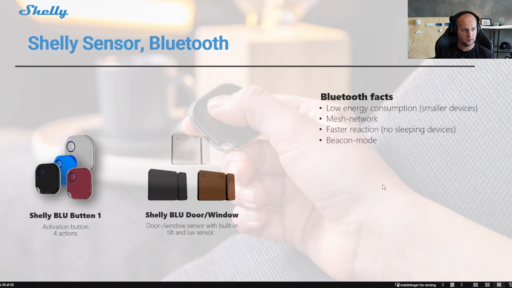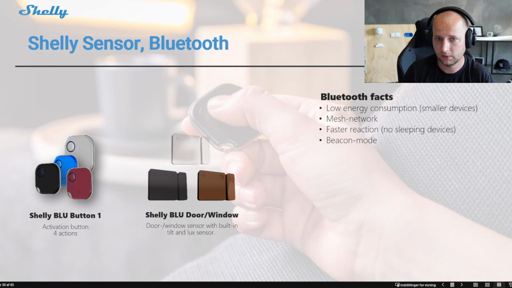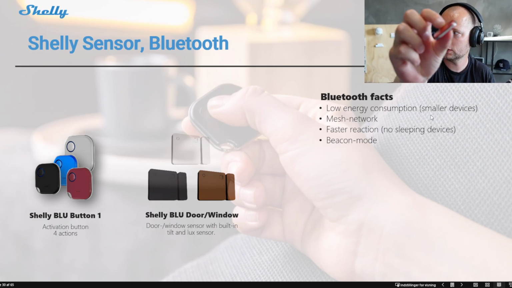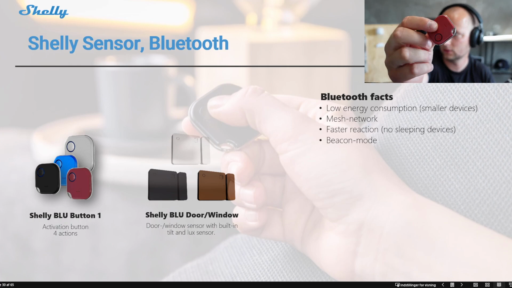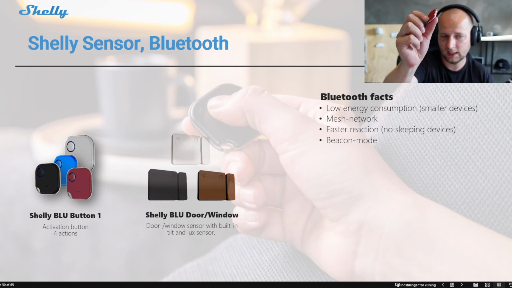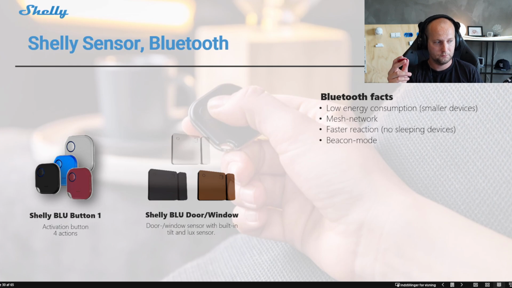Now we are showing you some quite new devices. So the Shelly Blue Button 1 was launched a few months ago. And as you can see, it's very, very small. Let me just make my screen bigger so you can better see here. So it's a very small device. It's kind of meant to you can hang it in your keychain or something like that, carry it around with you. And when you press, it has immediately reaction. So when you want to turn on the light really goes on immediately because it's using the Bluetooth technology.